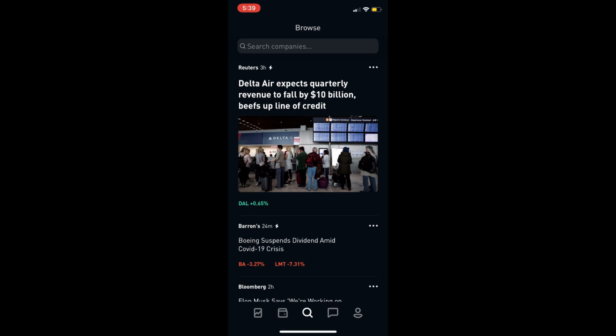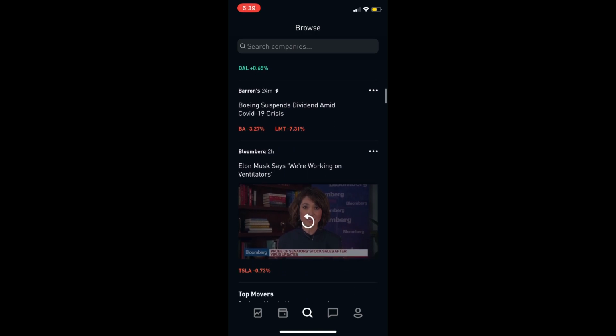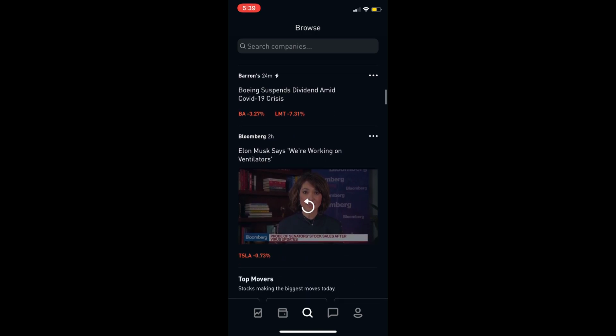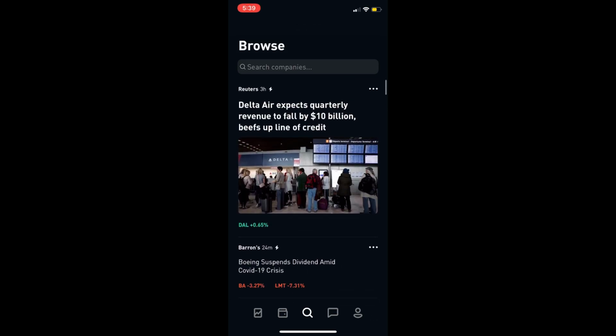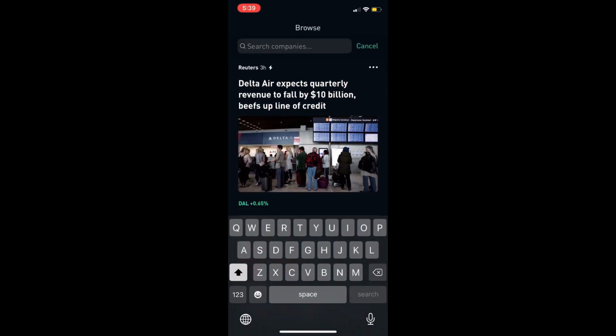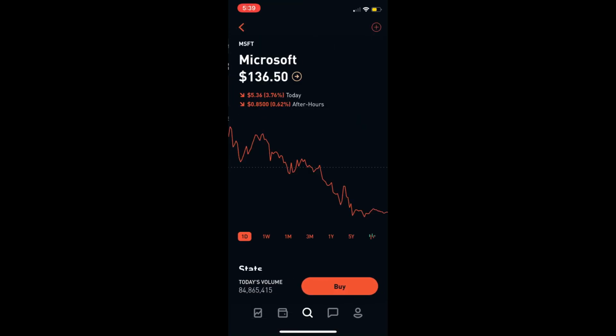So when you first look at the Robinhood search area, you can see that it just has news outlets based off these are just some stocks that I've been looking into recently. So Delta I've been looking into, Boeing, and then I own stock in Tesla, so that's why some Elon Musk article pops up. But for this episode, let's look at Microsoft. So we're just going to type in Microsoft into the search bar, and it's the first one that pops